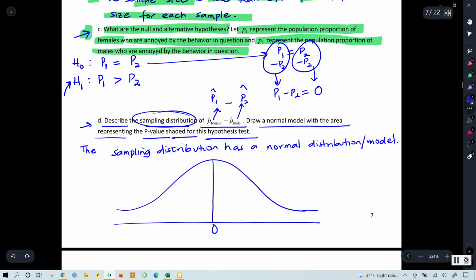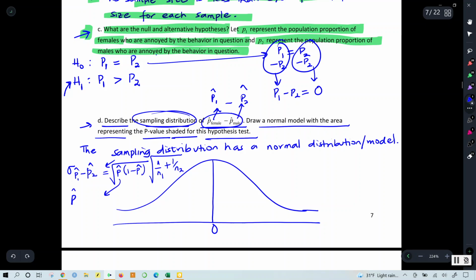Since it's the same, this is 0. So we are hypothesizing that the average difference is equal to 0. That is the mean. And then the standard deviation of this estimate is given by the standard error of P̂1 minus P̂2. This is equal to the square root of P̂(1 minus P̂) multiplied by the square root of 1 over n1 plus 1 over n2, where our P̂ here,